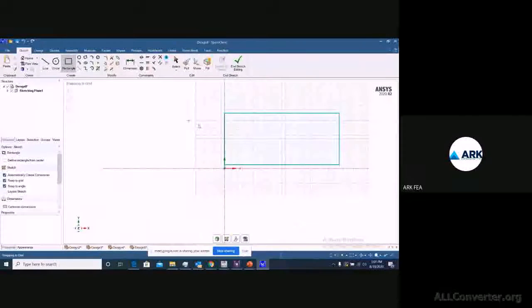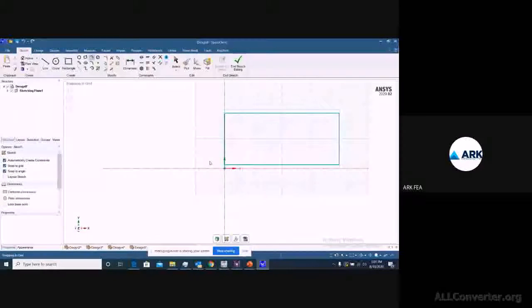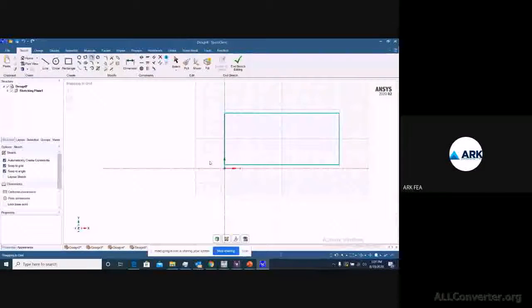We'll try to have a 180 degrees, like a half circle. We'll have it here. For that we can go to this tangent arc, and once again we do the same on the opposite side.